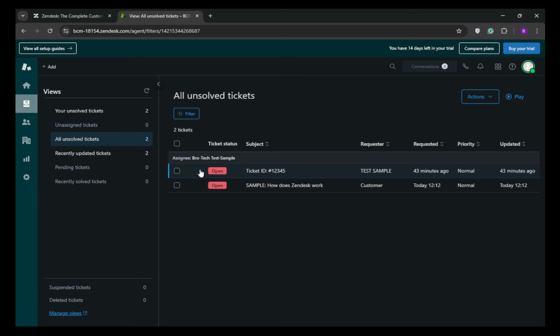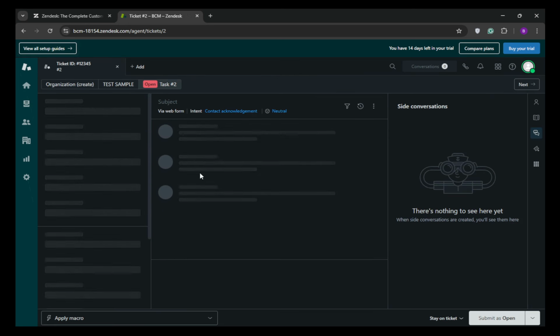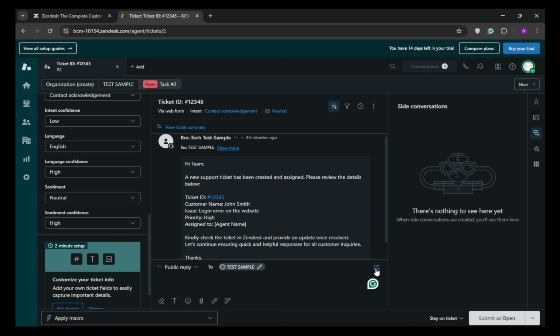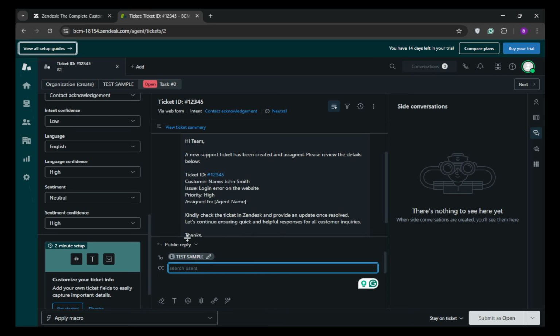Proceed to reply to the ticket or make any necessary updates as you usually would. This involves addressing any issues or comments directly within the ticket's public comment area. By maintaining your usual workflow, you can keep things efficient and straightforward. Meanwhile, the person you've CC'd will automatically receive these updates. It's akin to forwarding the conversation to them by incorporating their address directly into the ticket's ongoing discussion. This process is not only simple, but incredibly efficient, eliminating the need for multiple separate emails or follow-ups outside the